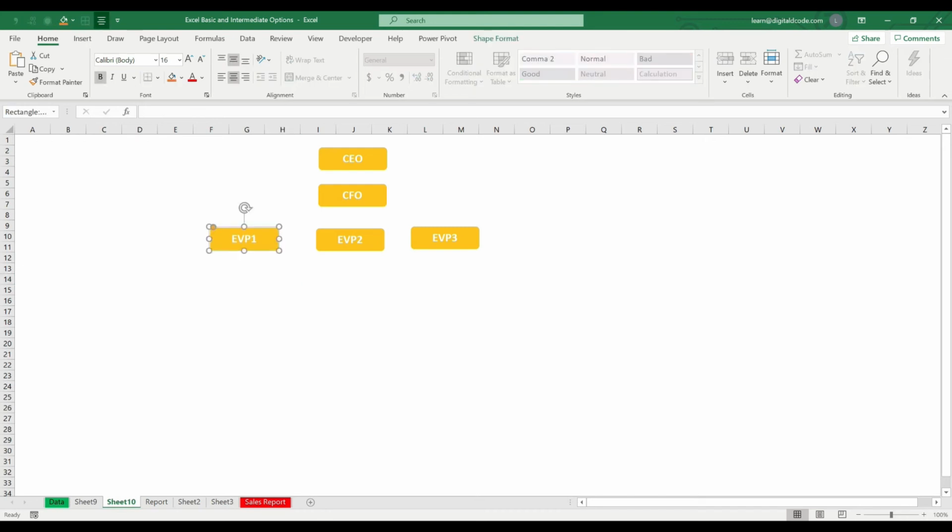And under this I'll have VP, VP1, let me copy paste, VP2, I'll copy paste this again. Here also I have VP1. Okay,